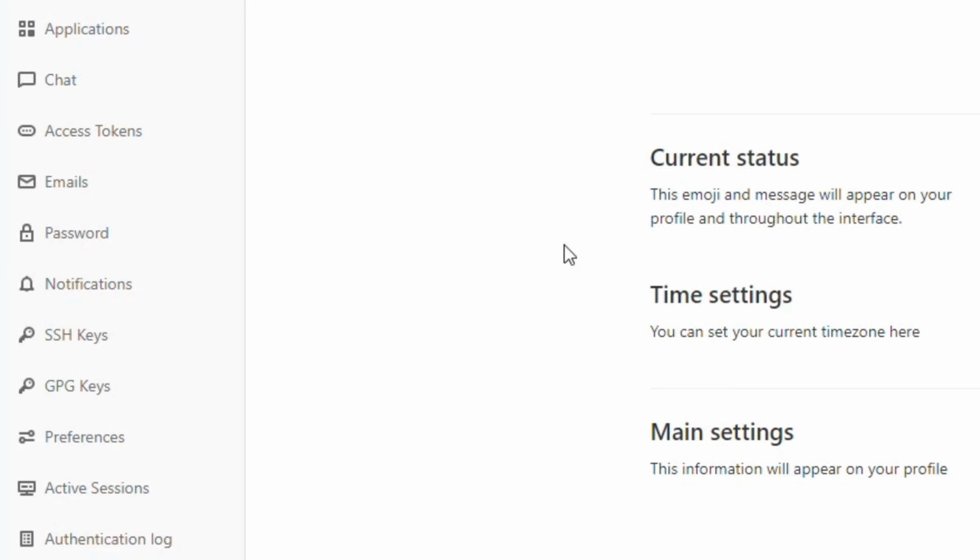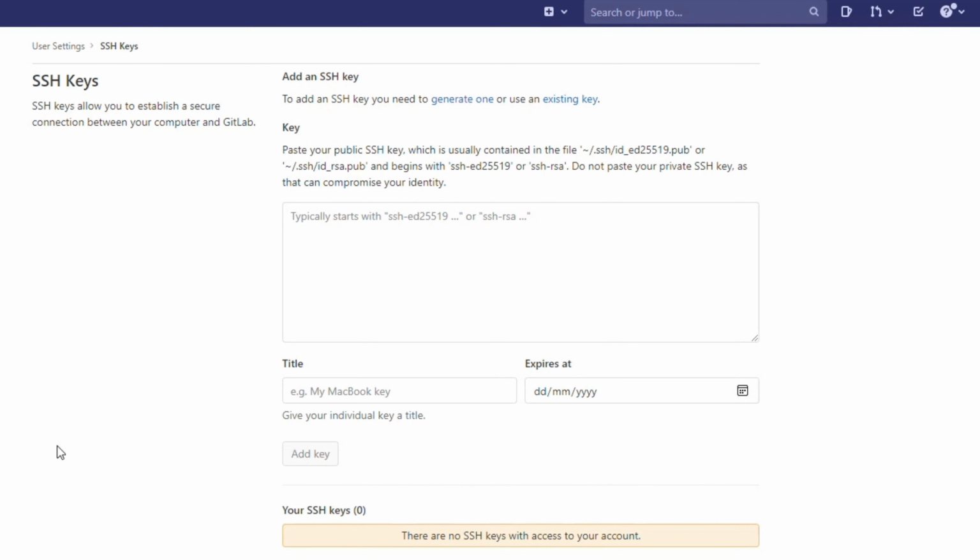Now we need to add an SSH key. Click it. Remember that you already created one. You can use it, the same key that you used with PuTTY, you can copy and paste here.